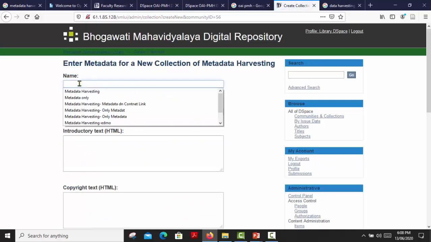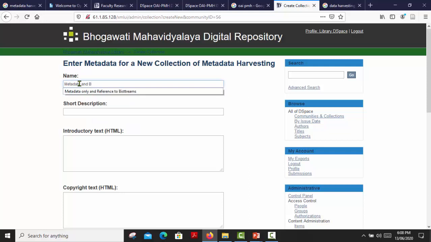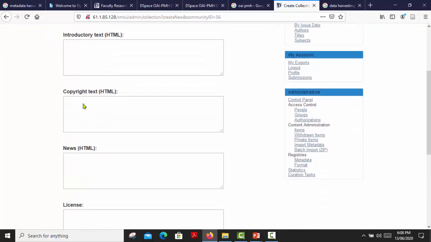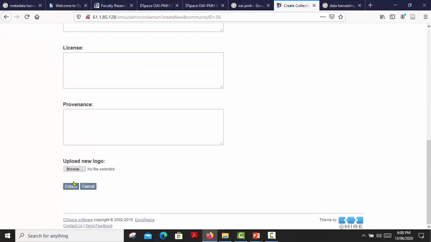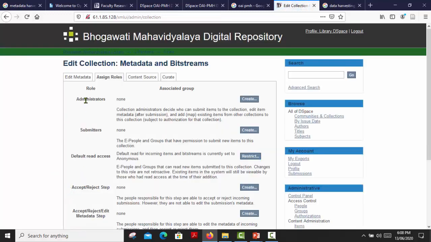The collection name is metadata and bitstream. Okay, this will be the collection page.